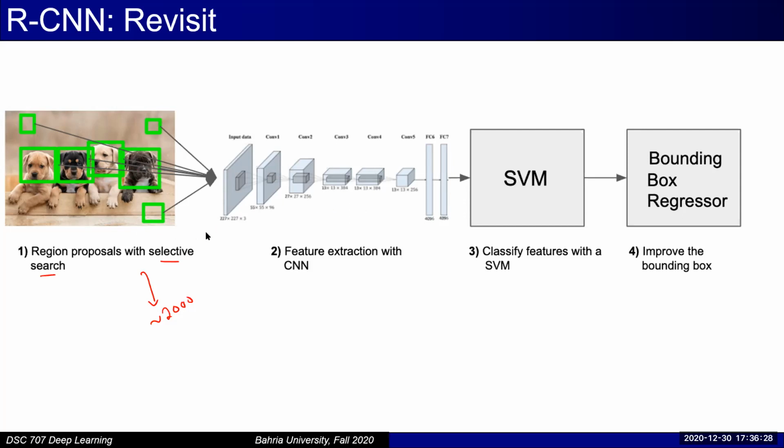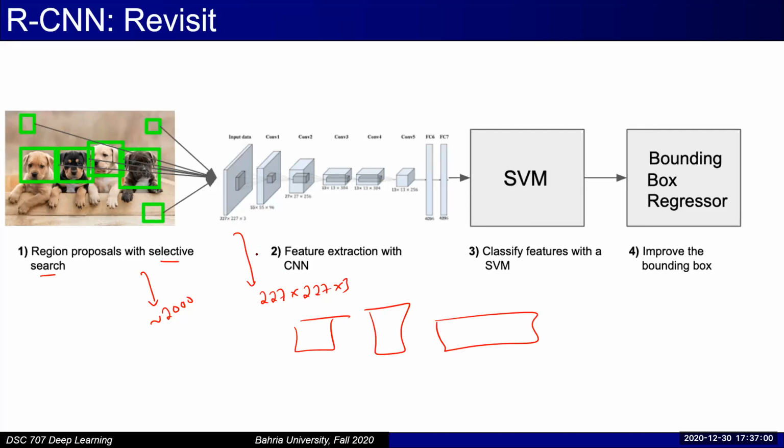Then once you have these proposals, a CNN is fine tuned to learn features which are extracted from each of these boxes, right? Before feeding each of these proposals to the CNN, you need to resize the box to match the input of the CNN. For example, they are using a modified form of AlexNet, which accepts 227 by 227 by 3. So whatever is the size of the box, it was resized to match the input layer, and then this CNN was fine-tuned. And once you have a feature vector for each of those boxes,